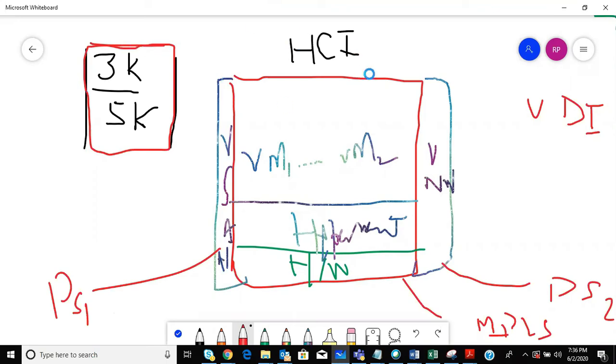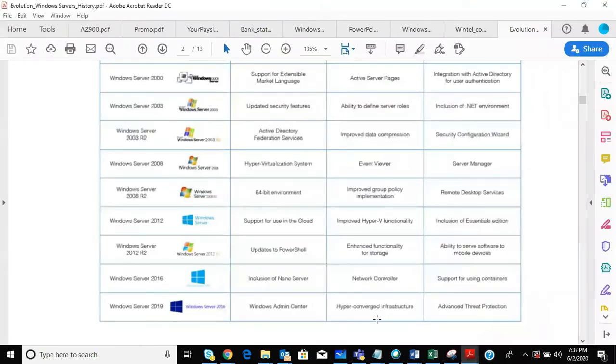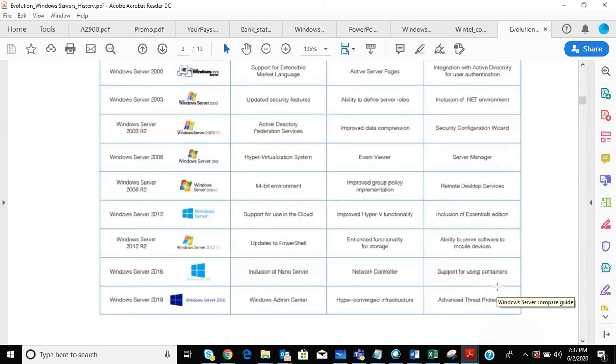HCI was not previously supported by Windows Server, but then Microsoft introduced this feature in 2019. We are going to cover it. We are going to cover Hyper-V also, we are focusing on that part, okay? And they introduced advanced threat protection, taken from the Azure cloud itself, to make their Windows servers more cloud friendly and better protected from any threat, outside the cloud, within the cloud, or on premise. Clear? So far, so good. Yeah. This is the journey.